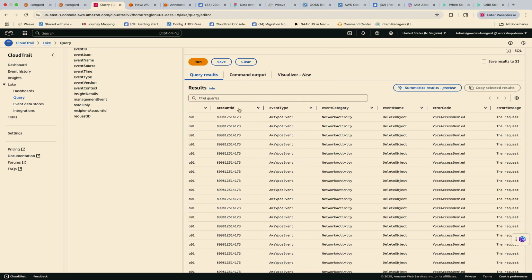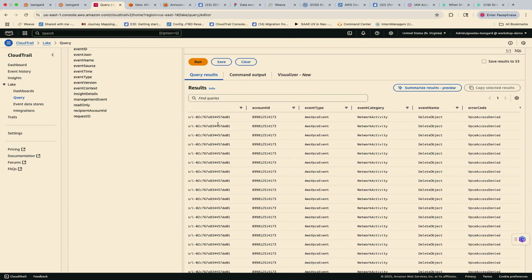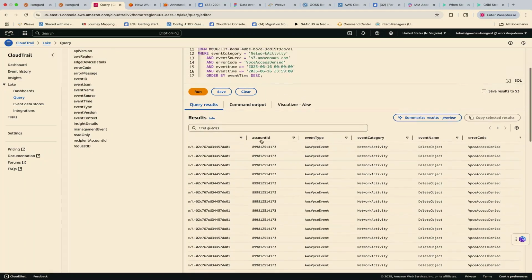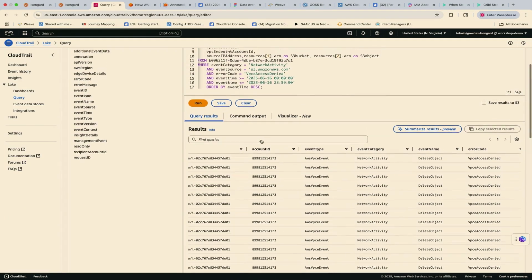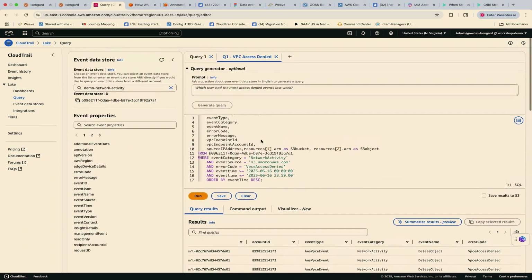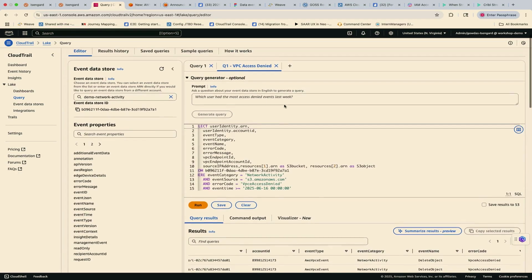You can then use the action, the account ID and the user identity to identify whether these were authorized actors or not, and then based on that you can either contact the account owner to find out why they were trying to access this when they were not supposed to. This is the first query, just listing out all the different actions that happened through this VPC